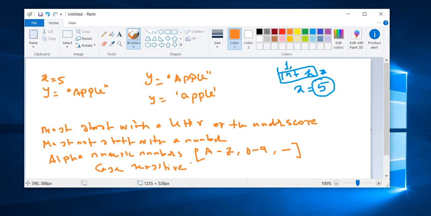So these are the things that we need to remember. In such a case, if you assign the integer value 10 to 2xy, this is something called illegal. Okay,